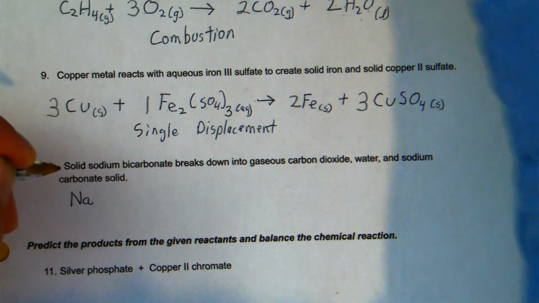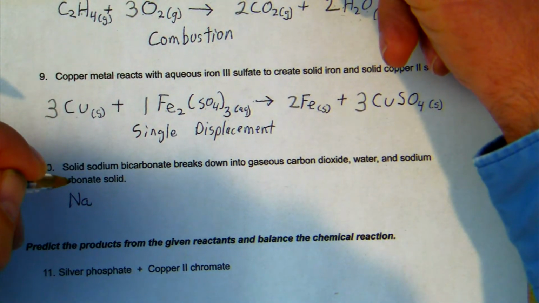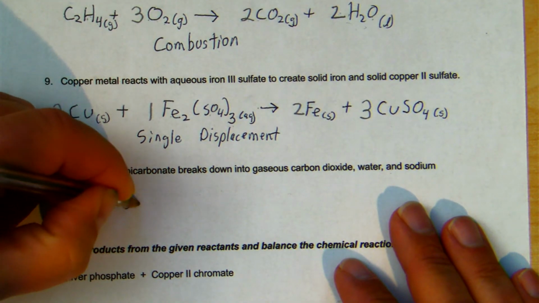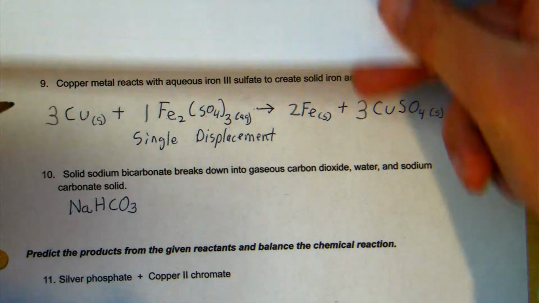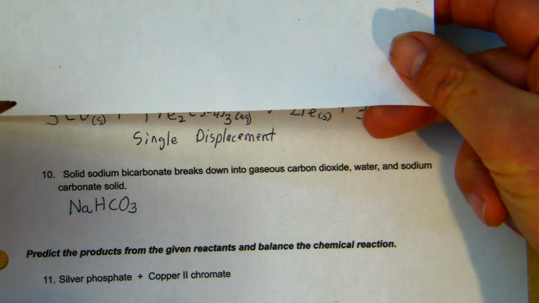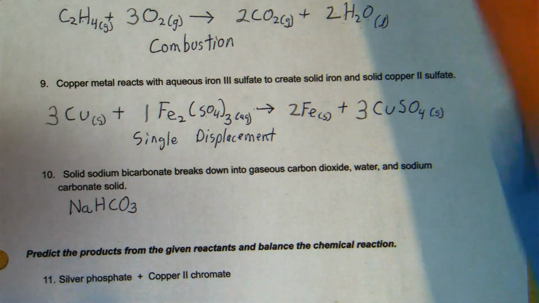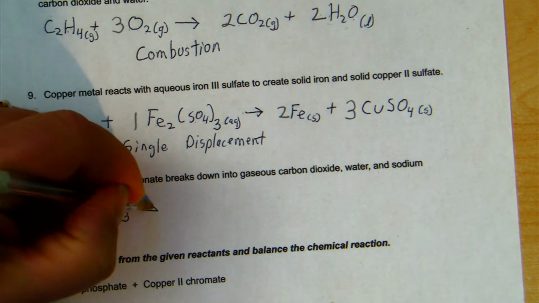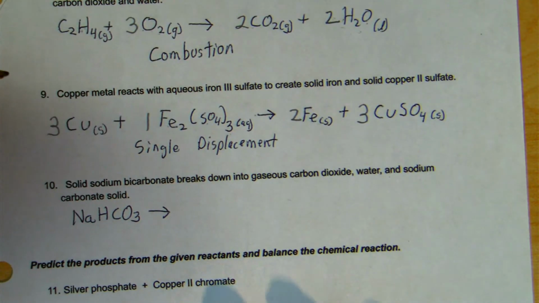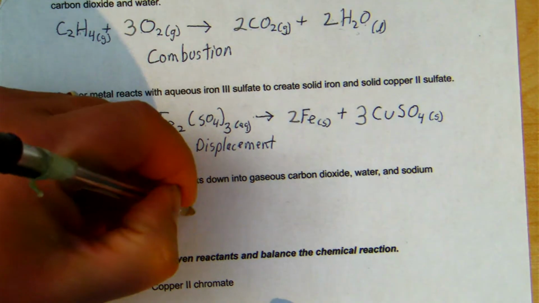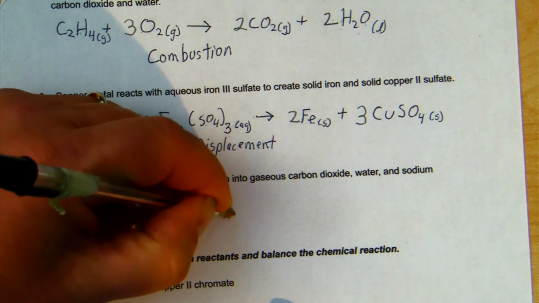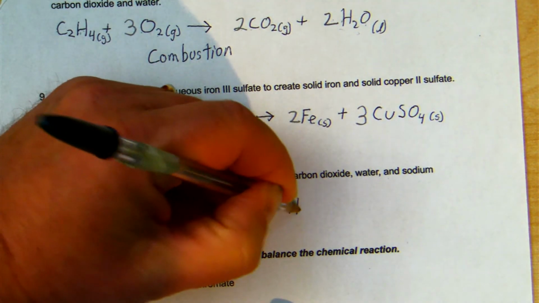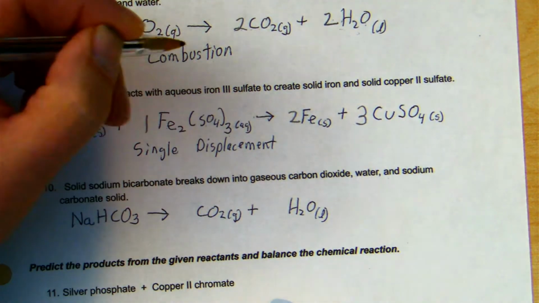And then the bicarbonate is HCO3. Sodium bicarbonate, HCO3, breaks down. Well, that's just an arrow, no other reactant, into gaseous carbon dioxide. So that is CO2 subscript G for gaseous, plus water, H2O, presumed liquid, plus